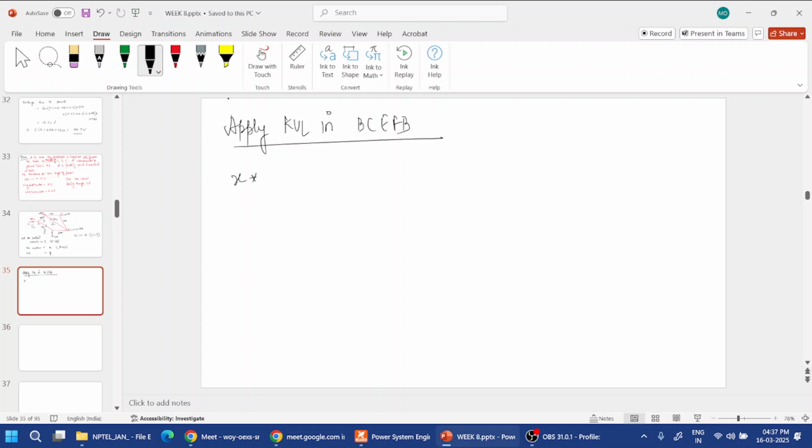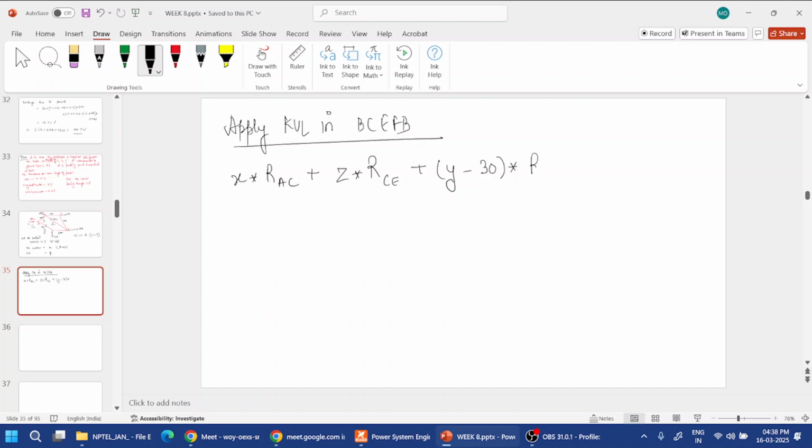BC: X into RBC, plus Z into RCE, plus Y into, just a second. Yes, so plus Y minus 30 into